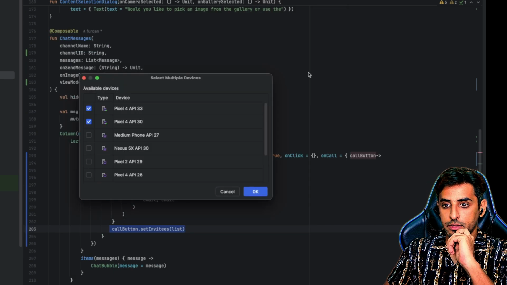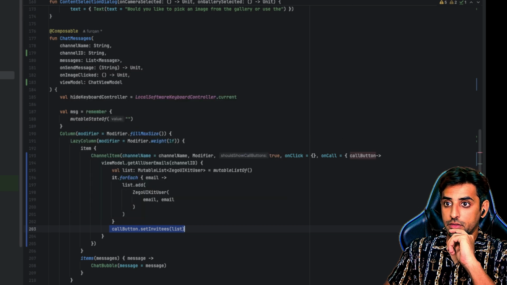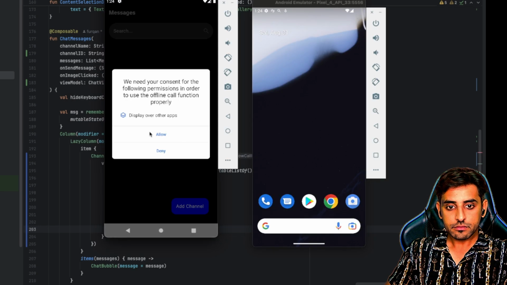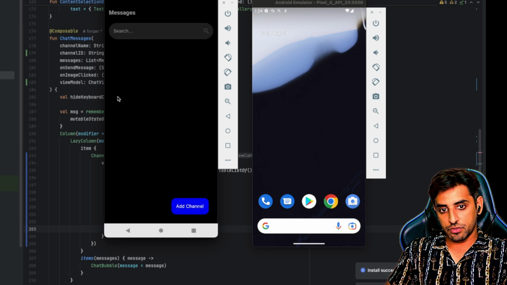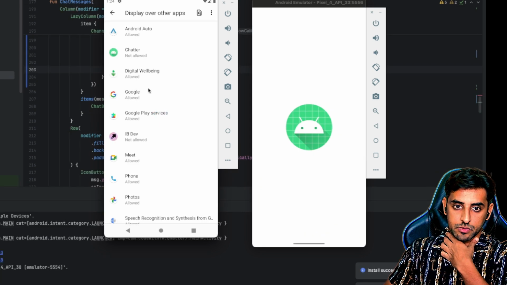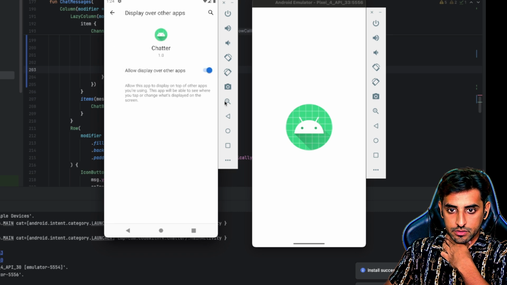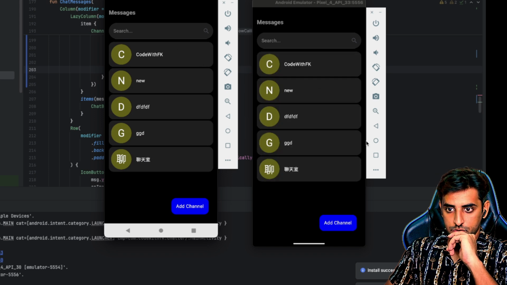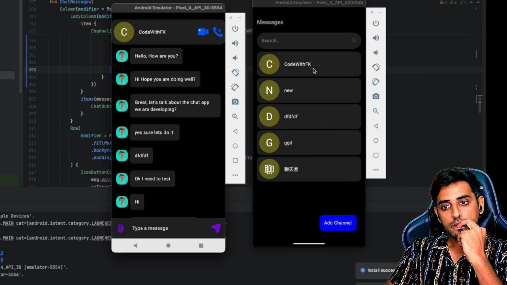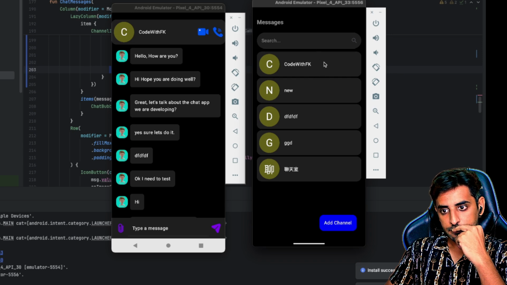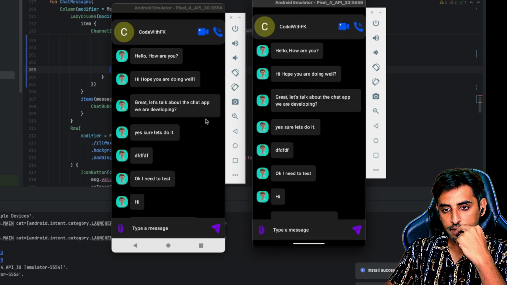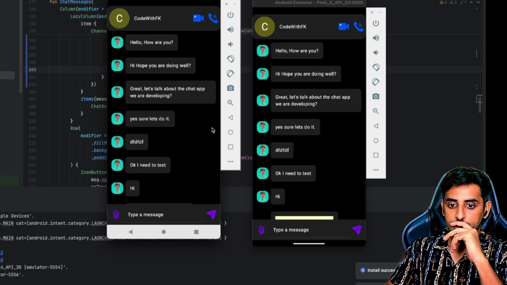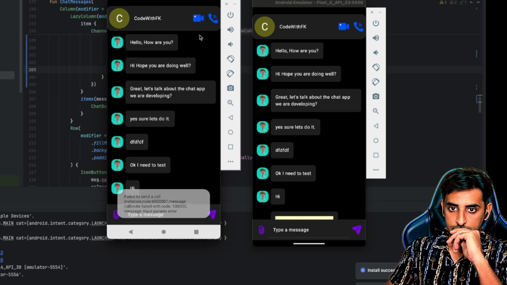Now what I'm going to do is that I'll select multiple devices again and run it on both the users. Now again, this device also needs a permission, so let's just give the permission to this device as well. Open this and then go back. Now I have no buttons over here, right? But let's just go over here, the code with FK for both the devices. Okay, now I have these, and now